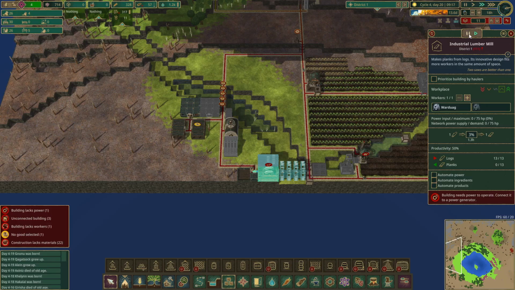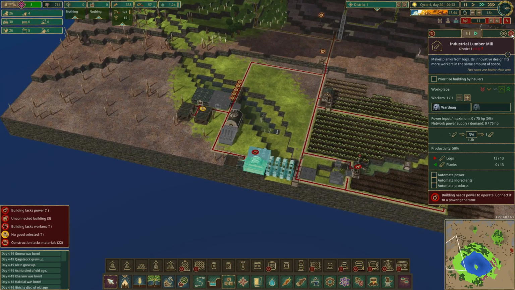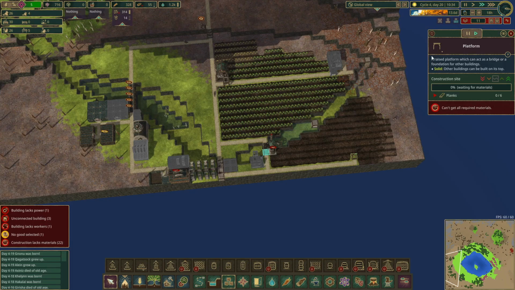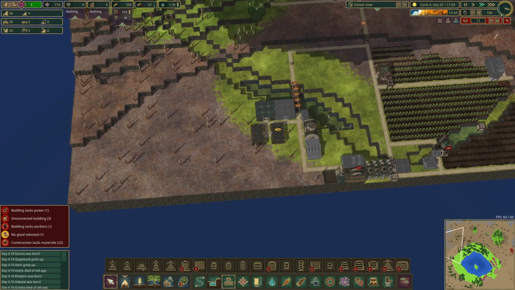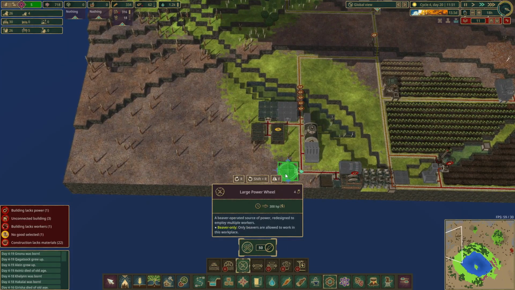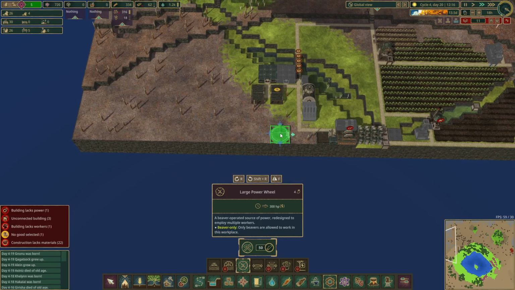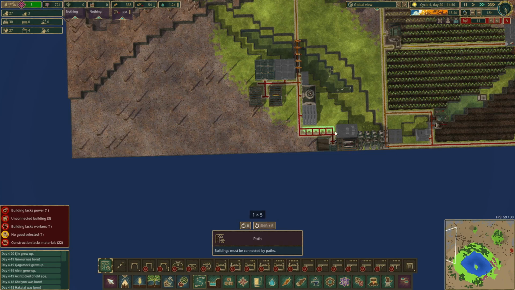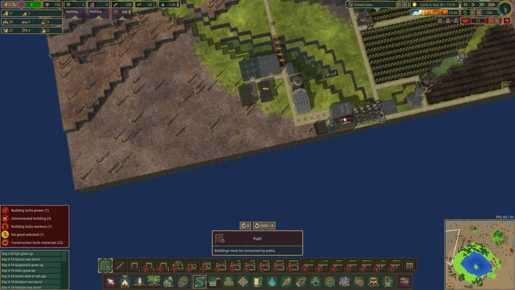We don't have any power. That's not cool. Oh, hey, look, that's in. We need to get this guy in. Okay, so how can we run some power to this guy? If we put in a large power wheel over here, we could run a pipe to it if we moved this path like that. Then we would have to